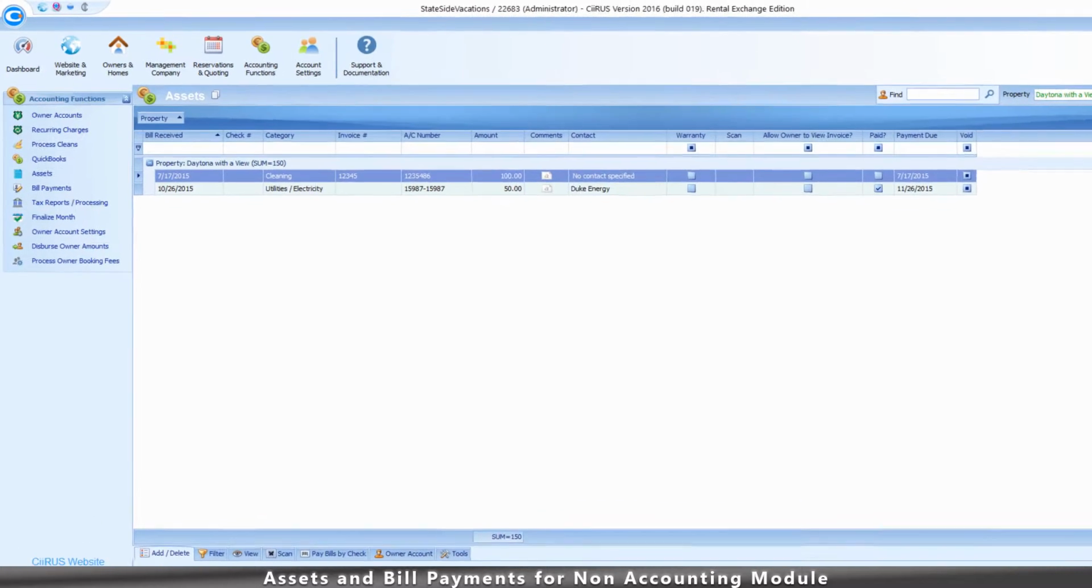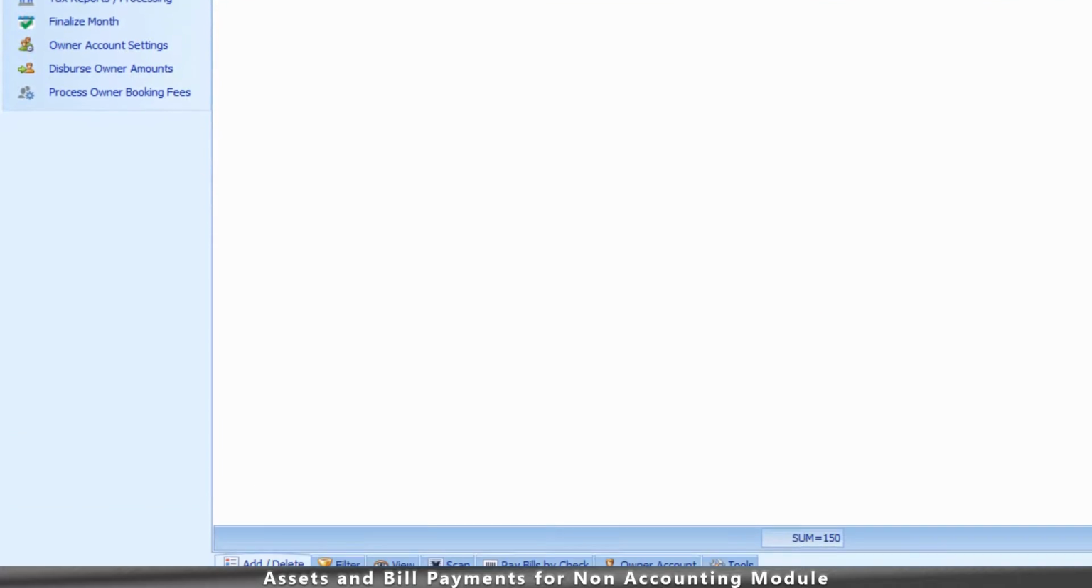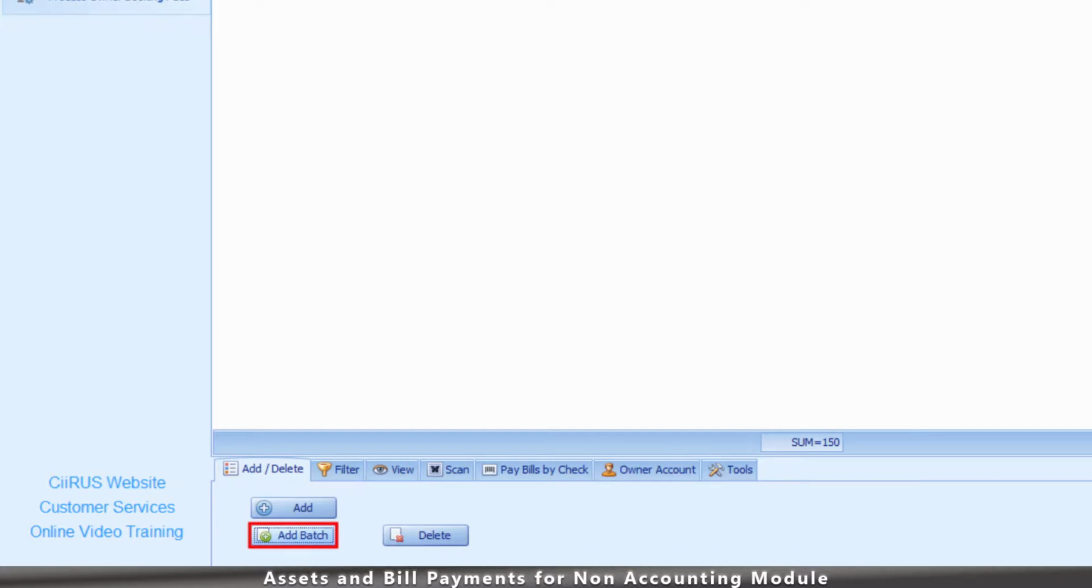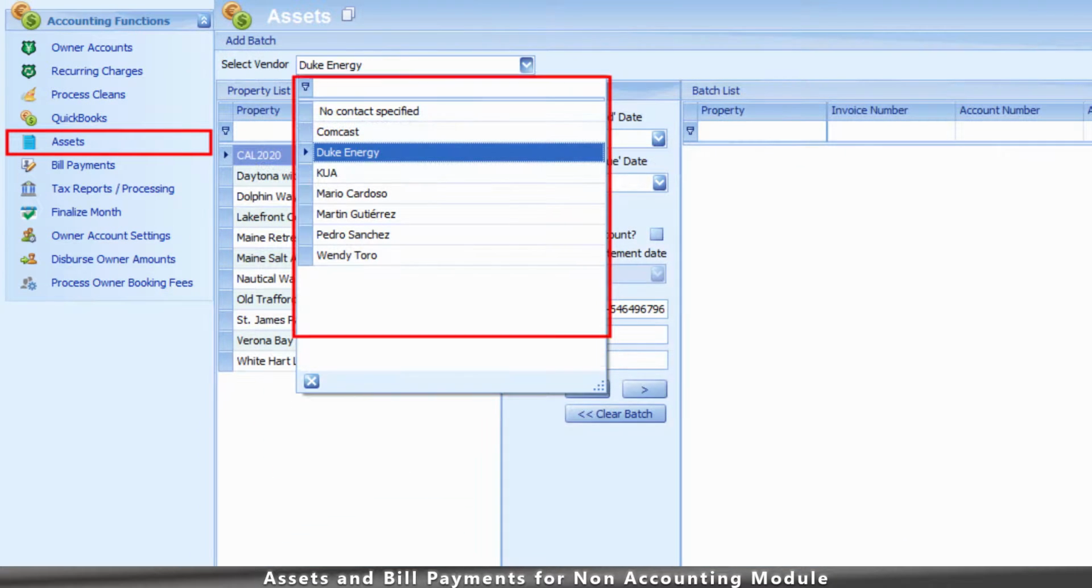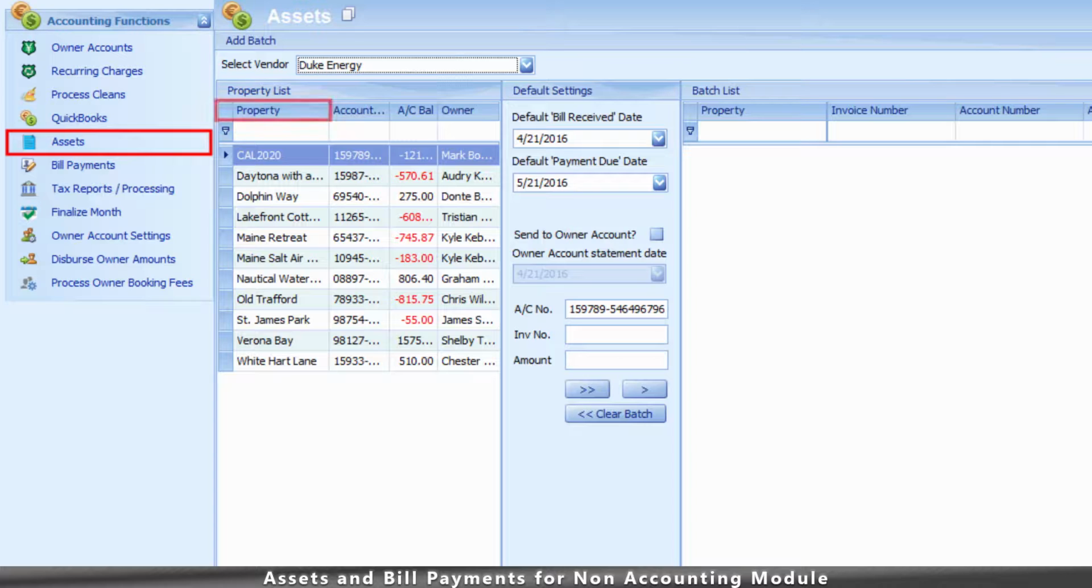To access this screen, please go to Accounting Functions and then select Assets. To process multiple property bills to one vendor or utility company, click on Add Batch and then select the vendor or utility company. All the properties that have been assigned account information for the selected utility vendor will appear on the property list